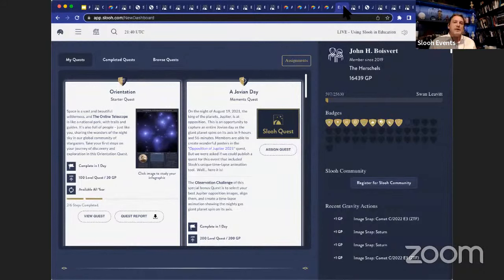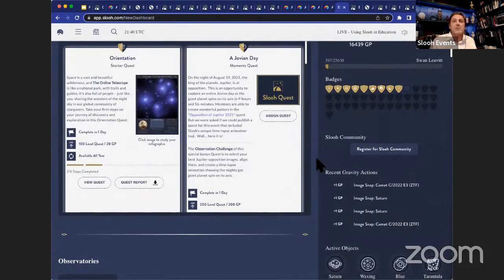So it shows a level of engagement, and alongside the quests, the feedback that we're getting is normally quite a good reflection of what a student has learned as well, because our gravity points are weighted depending on what kind of activity it is. If there's an easy activity, you can see here John's recent gravity activities earned only a single gravity point just for snapping an image, because it didn't take very much to do that.